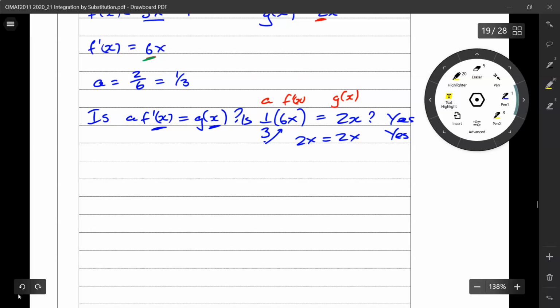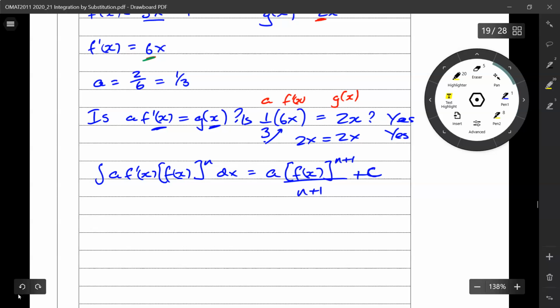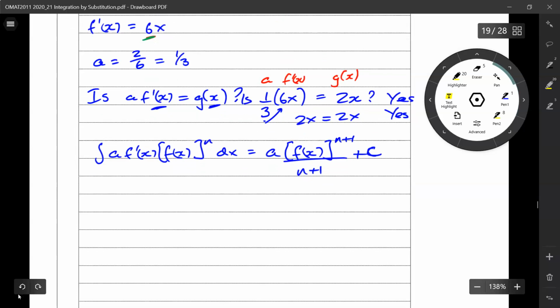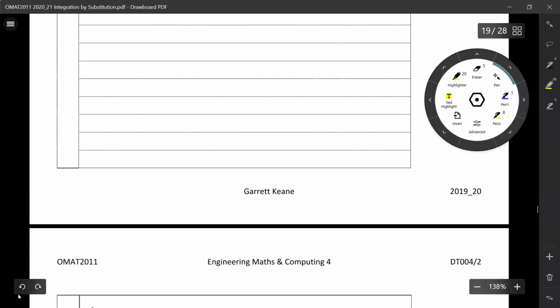And once again, I'll write out the formula. The integral of a times f prime of x times f of x to the power of n, where n is greater than 1, is equal to a times f of x to the power of n plus 1, divided by n plus 1, plus a constant of integration. Now we have a definite integral up here. We're going from 1 to 0. So if I come back here,